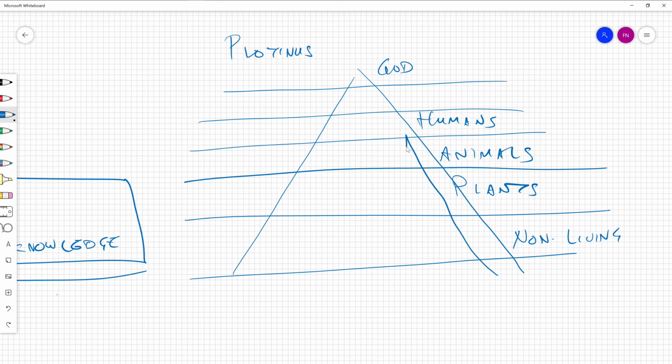Obviously, the higher you go, the closer you are to God. In his view of the world, by the way, male and female, male higher than female. And then, of course, the races with Caucasians at the top,